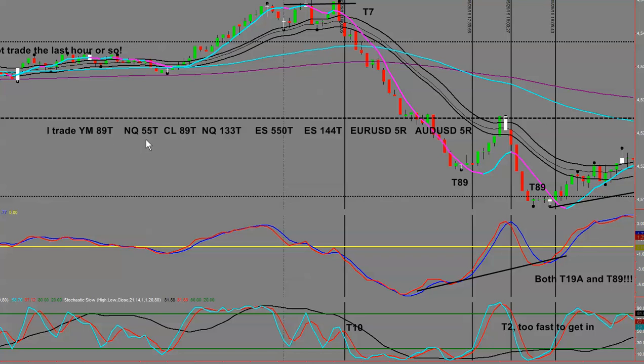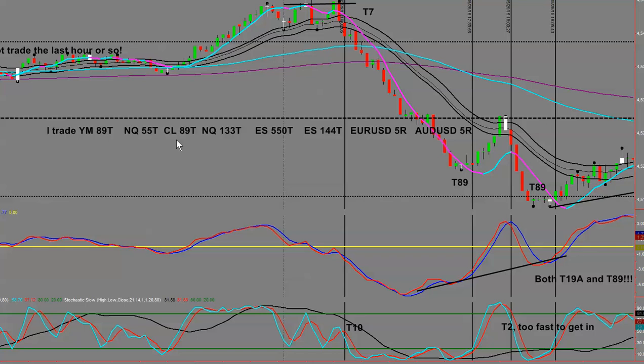the Globex market. So for traders in LA, of course, the market's closed around 1 o'clock. You get home from work. The NQ trades basically 23 hours a day, as all futures markets do. There's still some great trading opportunities. What you need to do is to drop the time frame down to a lower time frame. During live market hours, I'll trade the black gold, the CL, the oil 89 tick. Now traders, in our training I show you how to use an anchor chart for using higher